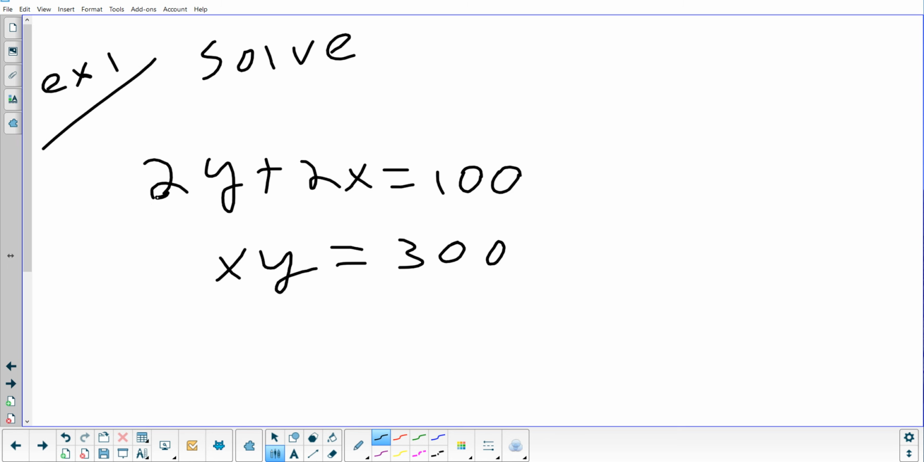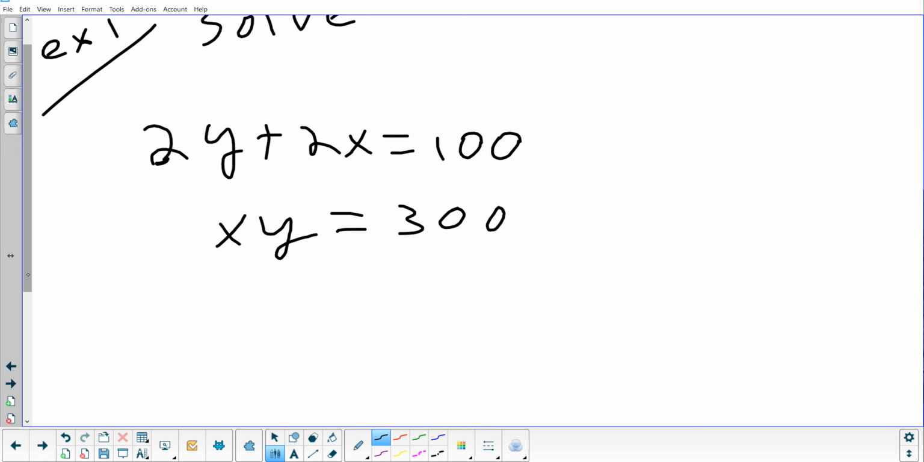Which one of these equations do you think it would be easier to get a variable by itself? The top or the bottom? Sarah? Bottom. Okay, so let's work with the bottom. And what variable do you want to get by itself? X or y? Y. Okay, we're going to get y by itself in the bottom. Can you tell me what you do on both sides? Subtract the x, or divide by the x. Divide by x. So if you divide each side by x,